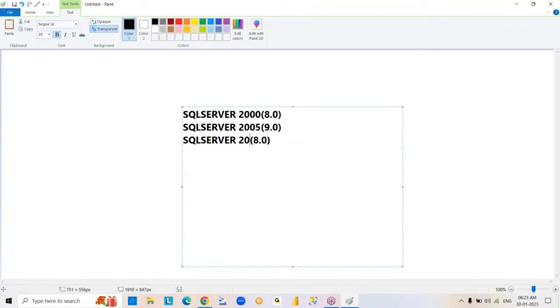Then 2008 version 10.0. After that 2012, 11.0,